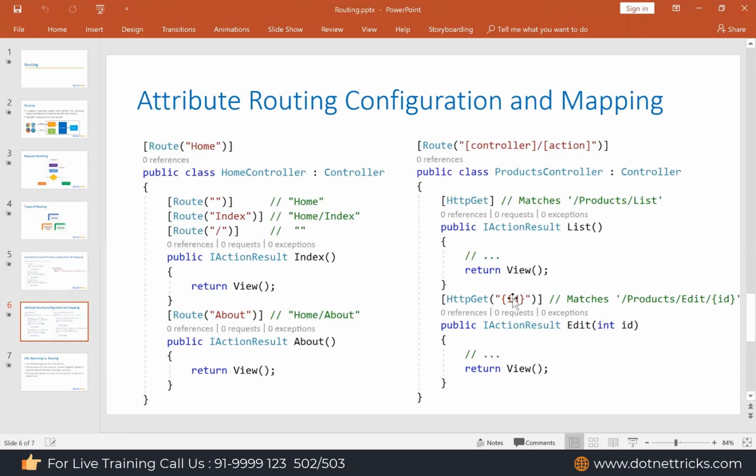Now you just define the parameter in curly braces, and automatically it is going to serve all the actions within this controller as per this route pattern. The controller name would be products, the action name, let's say list, edit. If there is a parameter, you just mention it here. So there is a shorthand syntax to define the route for multiple actions. This syntax is not supported in MVC5, but in ASP.NET Core it is supported.